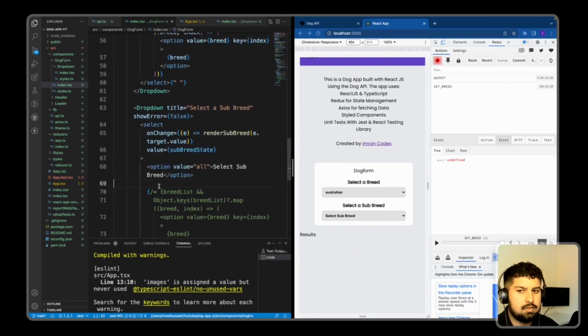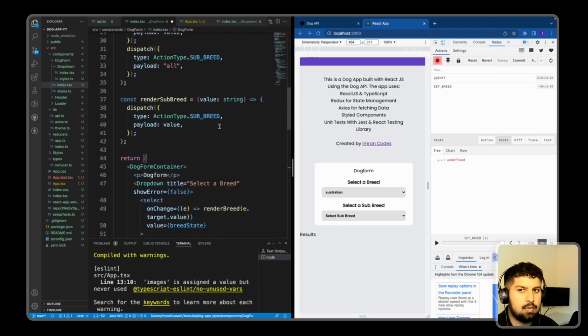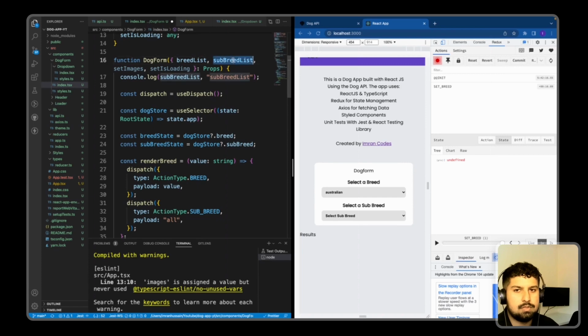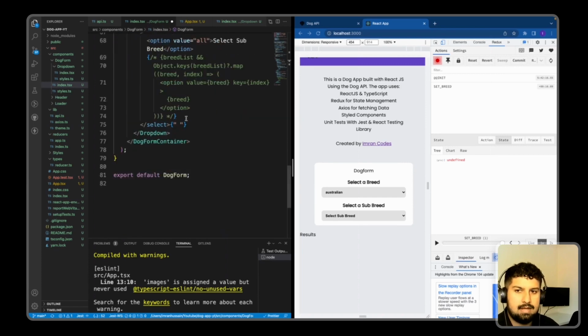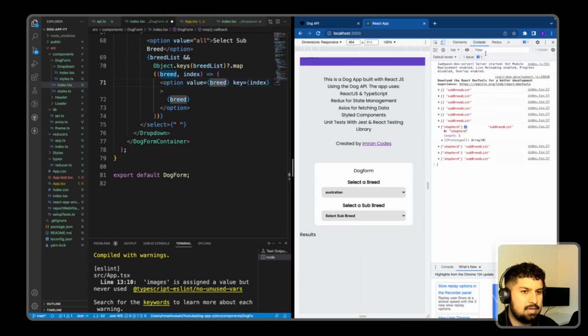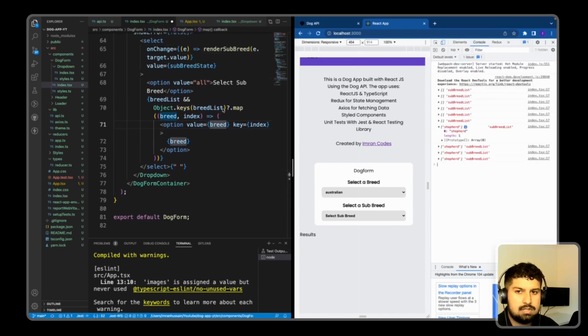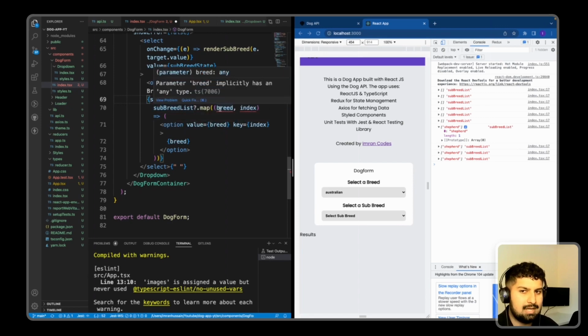So all we need to do now is, if we are getting a subbreed, we need to map through it. So if I go up to subbreed list, like so, and then uncomment this, because this time the subbreed is an array and not an object, we don't need Object.keys anymore. So we can just paste in the subbreed list. And I also want to check for a length. If it has a length, then we want to map through the subbreed list, passing through the breed and the